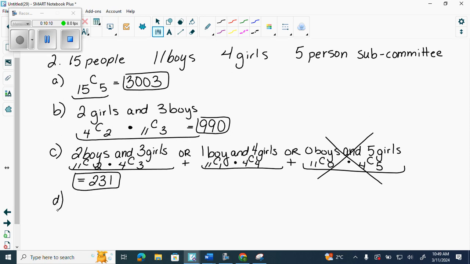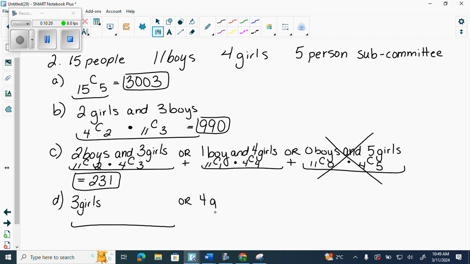D. D has at least 3 girls. So that's 3 girls or more, because at least 3 means 3 or more. So I need 3 girls. Where am I going to stop at? 3 girls or